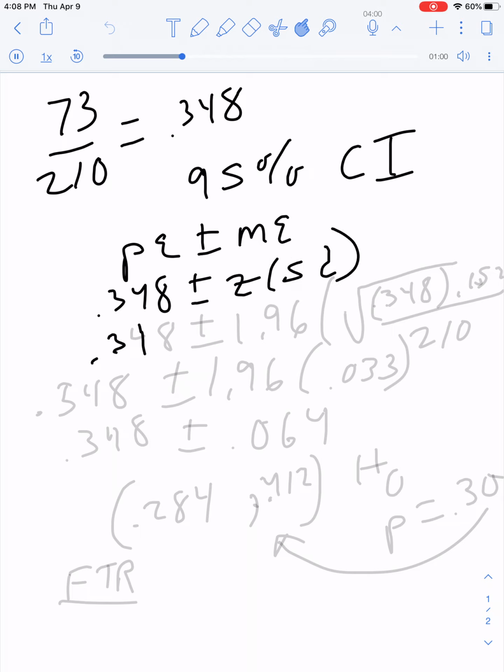Well, 0.348 plus or minus, for 95%, remember we use 1.96, and our standard deviation here is different than what we did in the hypothesis test. We don't know what the national average would be, so to speak, so we use 0.348, times the complement of that, which is what? 1 minus 0.348, 0.652,